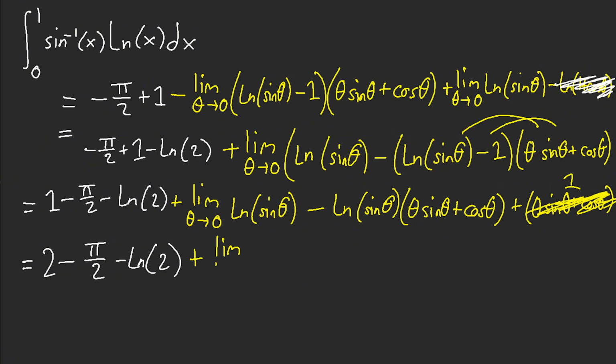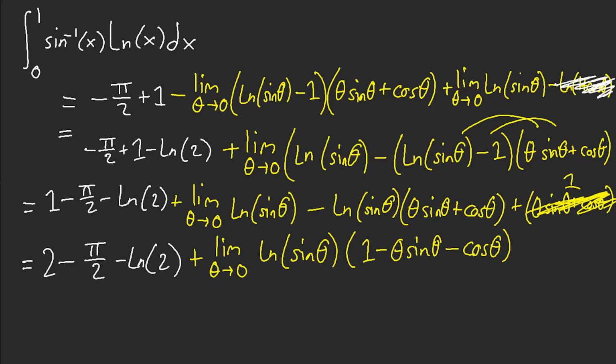I got you. Factor ln sine theta, minus, I'm sorry, not minus. We're factoring them. So this is 1 minus sine theta minus cosine theta. Be very careful, it's not plus, right? We're distributing the negative. So now how do we do this? Divide by sine theta squared, multiply by theta squared here. And what this does